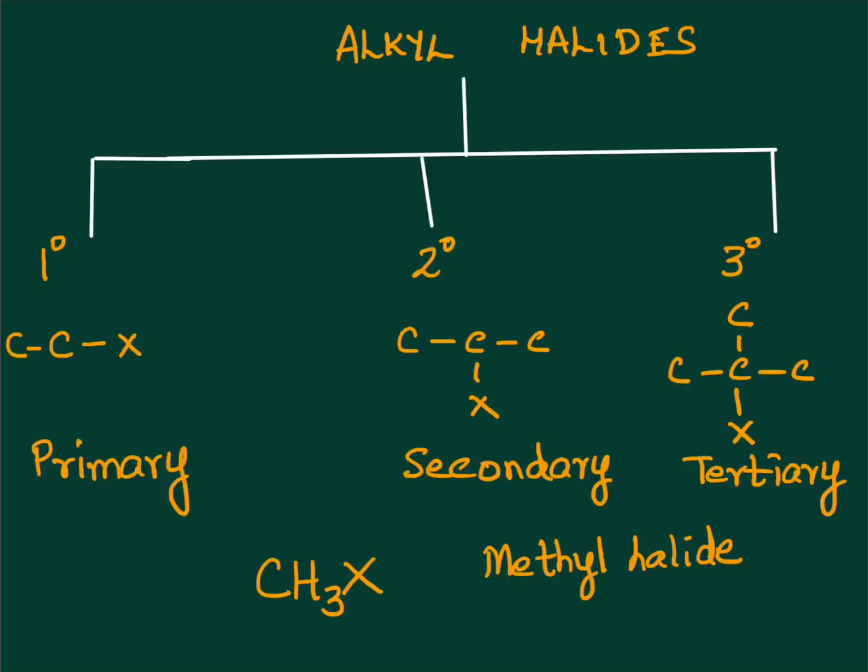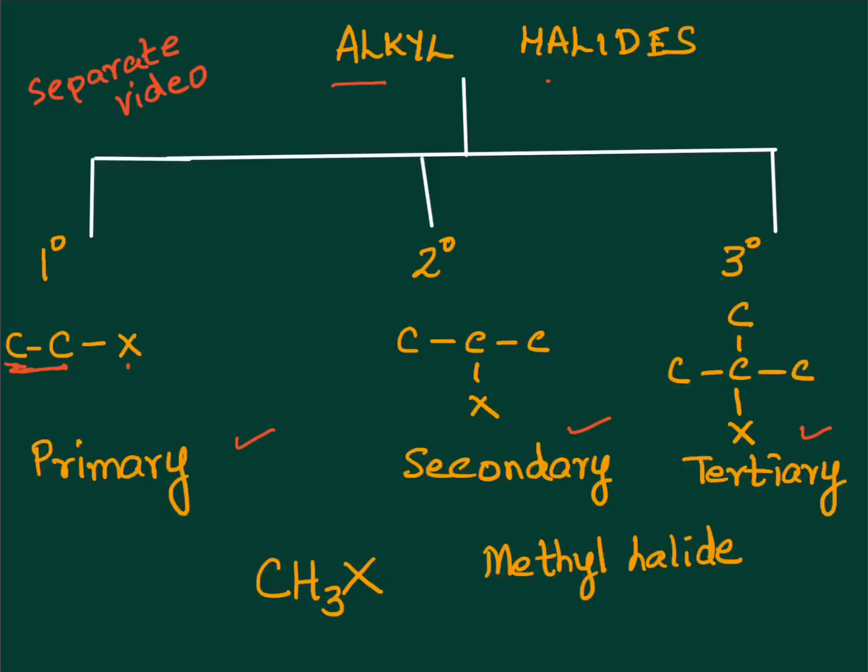Before we go ahead, some basic points that we need to cover: alkyl halides are classified into 3 categories: primary, secondary and tertiary. If you are unclear about this topic, I have dealt with it in a separate video explaining the difference in them. A quick mention of this: primary alkyl halides, where the halogen atom is attached to a carbon which is further attached to only one other carbon atom.